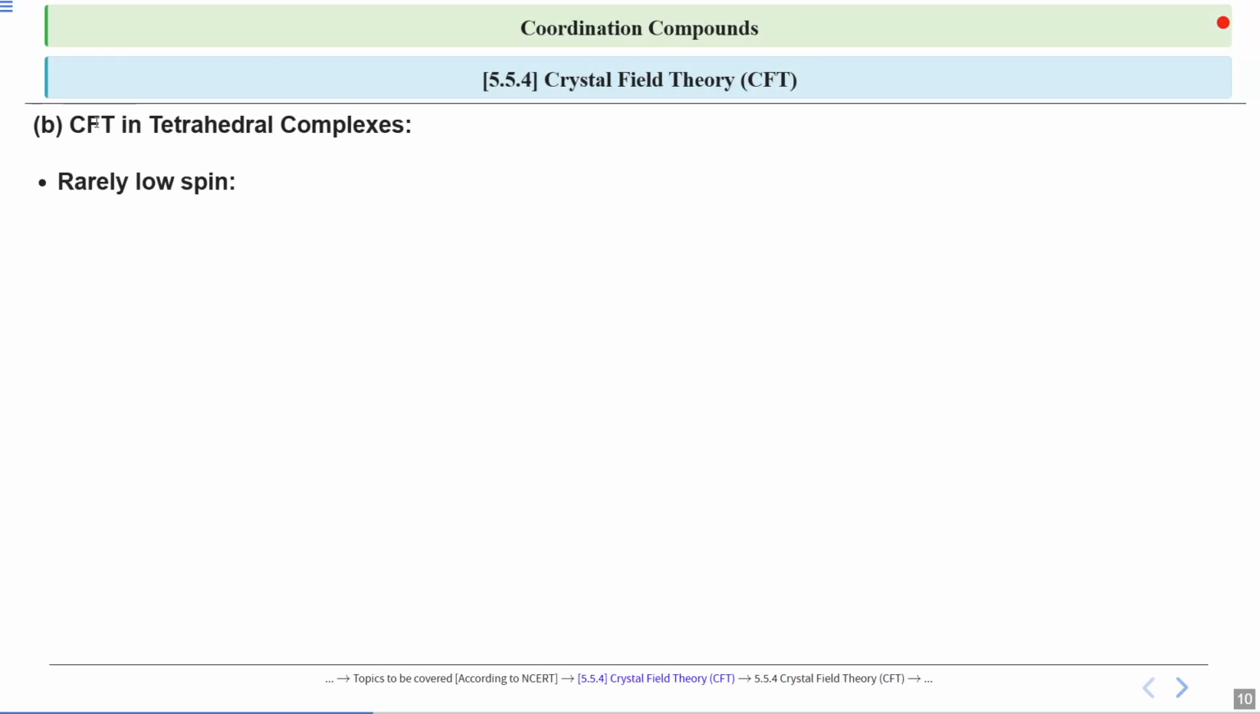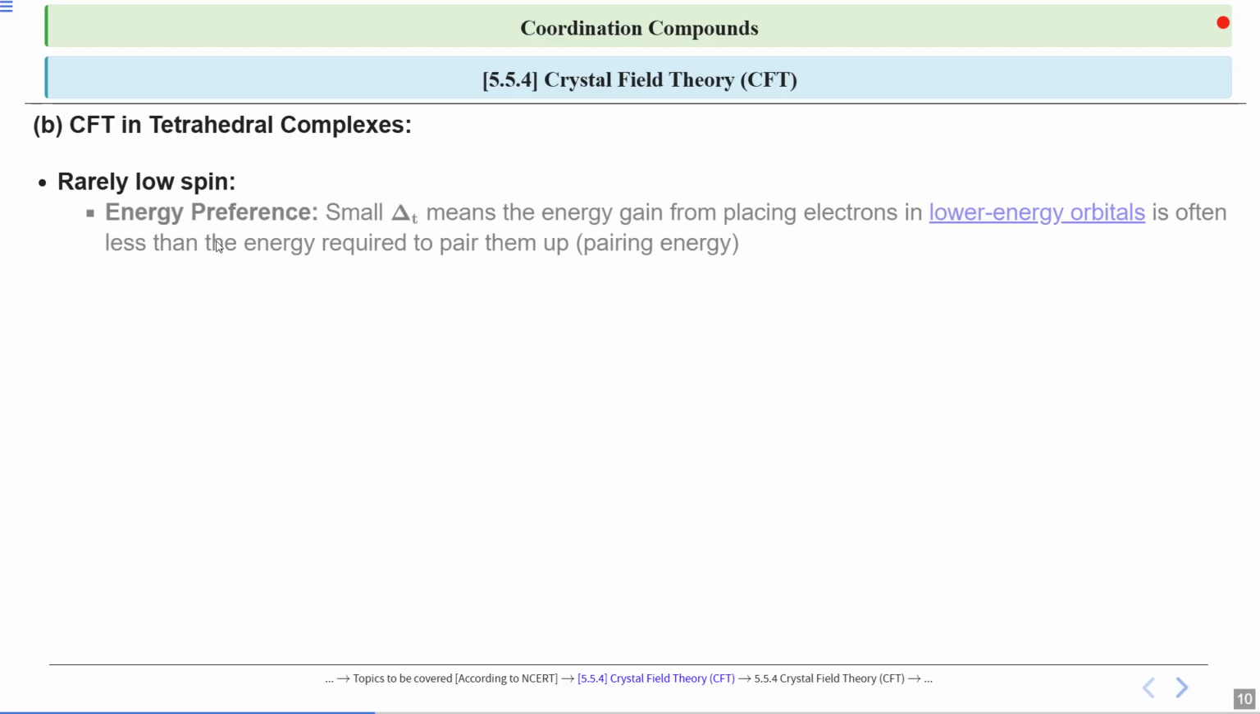Let's see the crystal field theory in tetrahedral complexes. Rarely does it show low spin. That means smaller energy preference, so small delta t. Now here we are considering delta t. T means tetrahedral, that we are talking about the tetrahedral field, tetrahedral complexes. So delta t, that means crystal field splitting energy in the tetrahedral complexes, is smaller, meaning the energy gain from